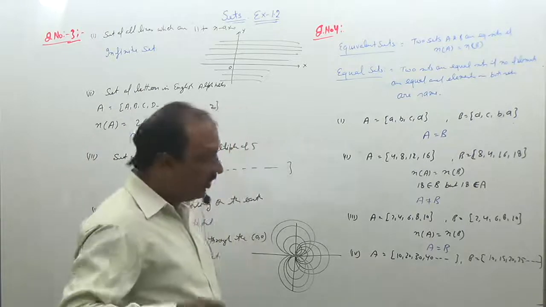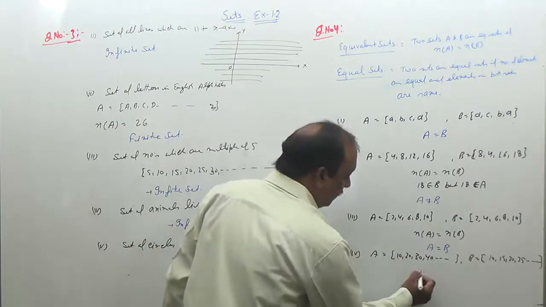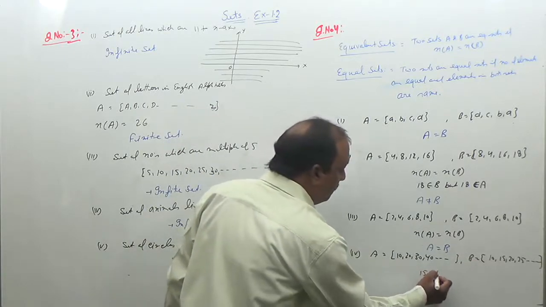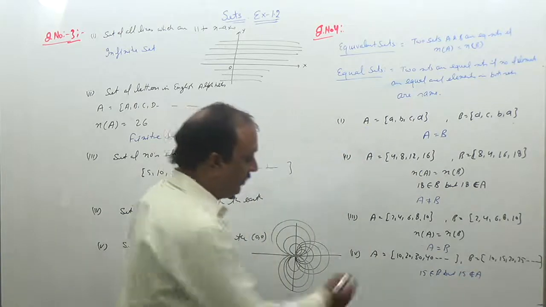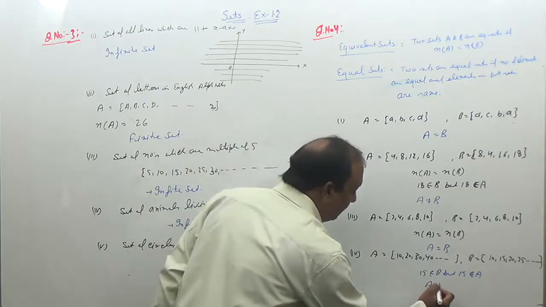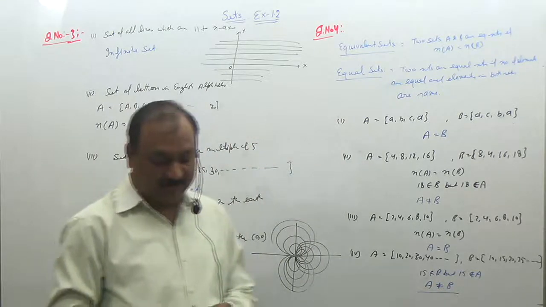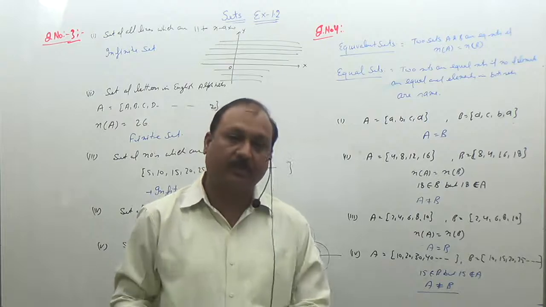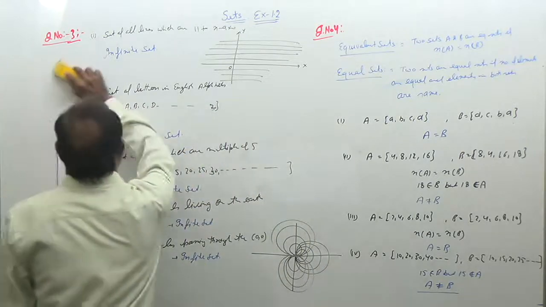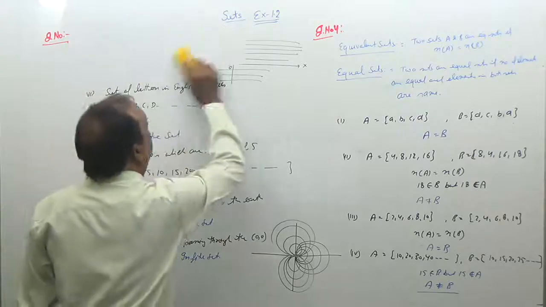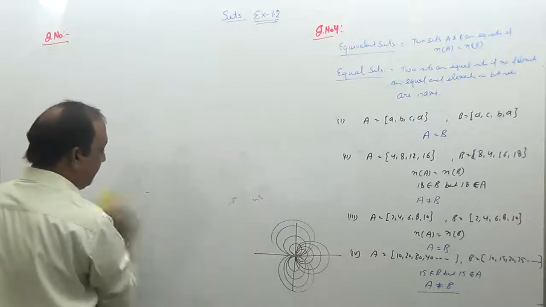Second, all members of set B are not members of set A because there is 15. So 15 belongs to B, but 15 does not belong to A. So we can say that set A is not equal to set B. So these are unequal sets, or these are sets which are not equal. So this is question number 4, जिसमें हमने प्रूफ किया है कि सेट इक्वल है या इक्वल नहीं है on the basis of the cardinal number. Cardinal number means the number of elements contained by the set.